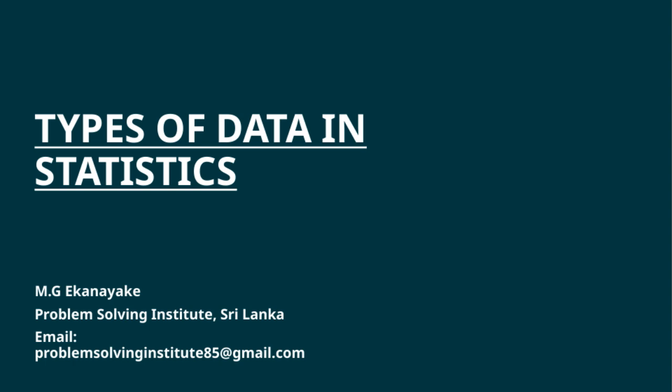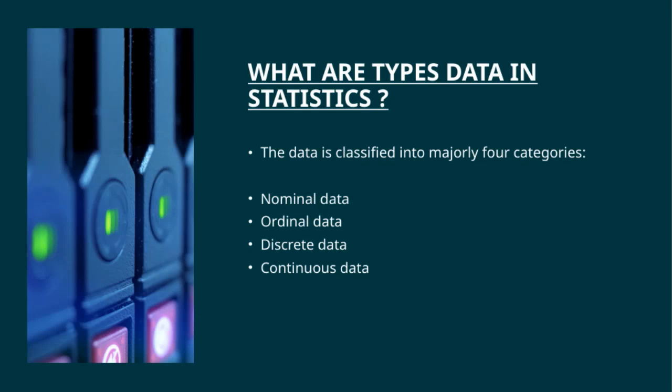So, let's get started. Today, we're looking at the different types of data in statistics, which can be broadly classified into four main categories. First, we have nominal data. This type of data is all about categories or names, like colors or types of fruits. It doesn't have any intrinsic order or ranking. Next, there's ordinal data, which involves categories that do have a specific order or rank, such as ratings or levels